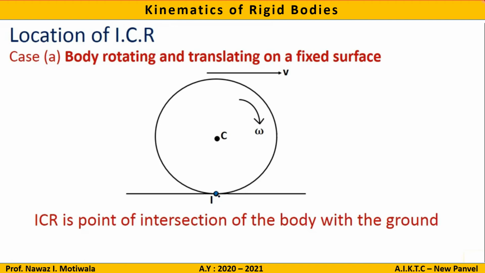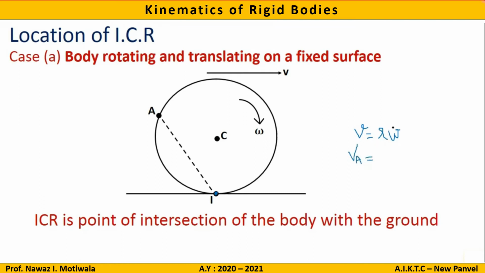Now let us say there is a point A on this particular wheel and I want to find out the velocity of this point A. What we will do, I will just draw a line joining ICR to that particular point, that is A. Now we have our basic relation V is equal to R omega. Now as we want velocity at point A, this equation will become VA, that is velocity at point A, is equal to...